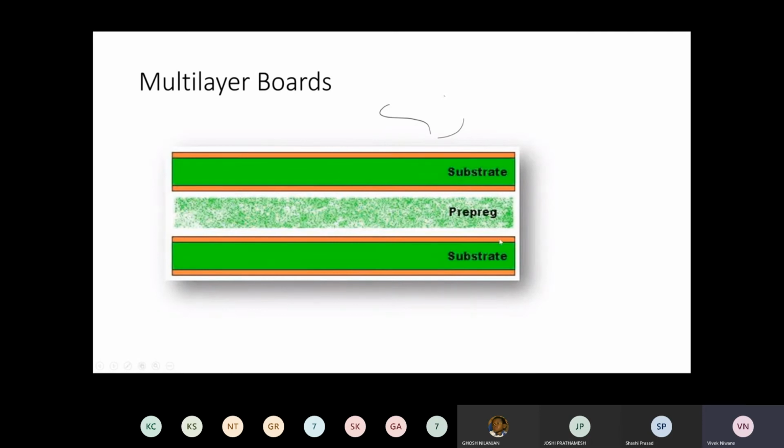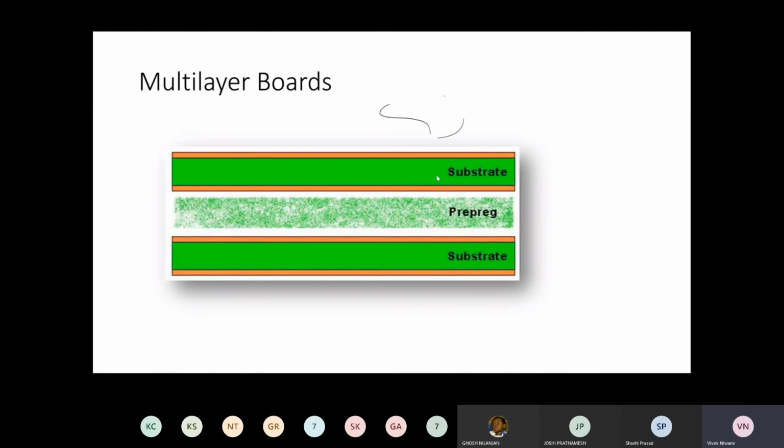And then I have another one down here with copper, FR4, and copper, and in between those I have a material called prepreg, which is a cheaper material, which helps the individual elements to adhere. All right, so in this particular case, I have a 4-layer board, and we'll see, that's pretty common, and most likely what most of you will ultimately develop when you get into Lab 3, where you need to use more